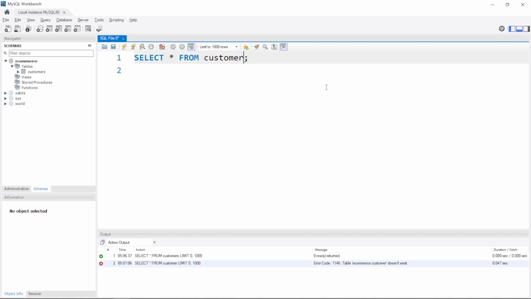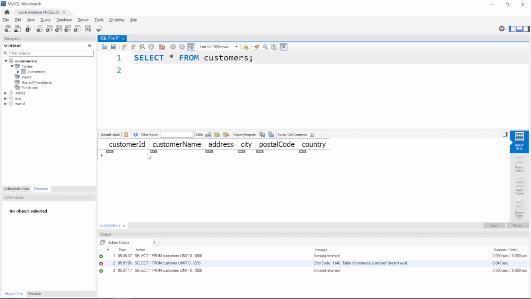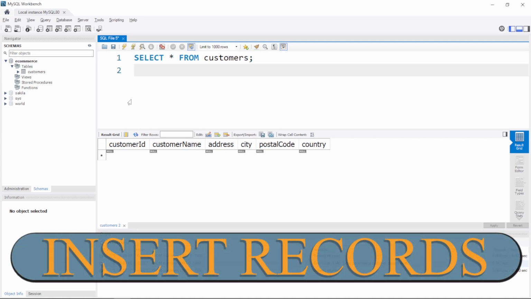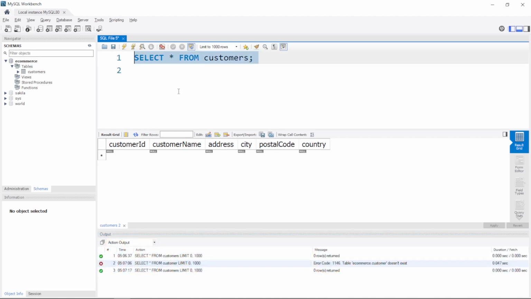So let's get back to add as, hit enter, and we don't have any record in our customers table. And here is a section that you have been waiting for, how you can insert a record in a table. To do that, let's select all, and I'm gonna turn my caps on and add here INSERT INTO followed by the name of the table,